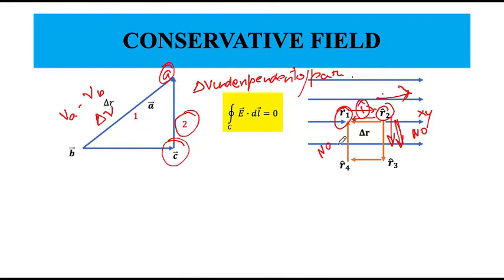Okay, so this is the explanation for this one. You show mathematically that this statement actually holds true for an electrostatic configuration. Electrostatic fields have this property that electric potential is independent of path, and potential difference depends only on the initial and final points. Okay, now there is a very important observation that we have immediately made.